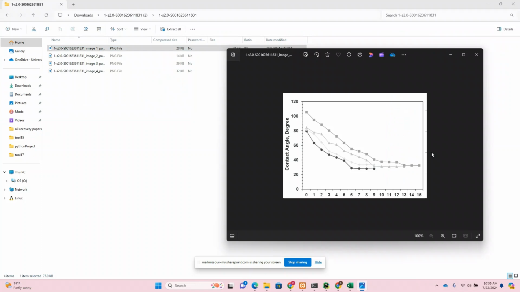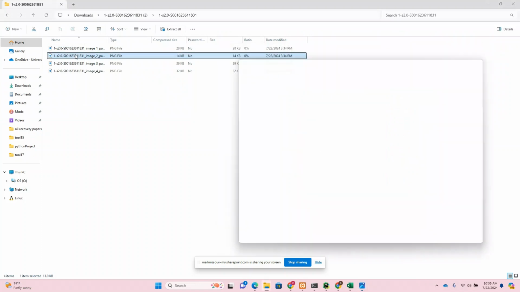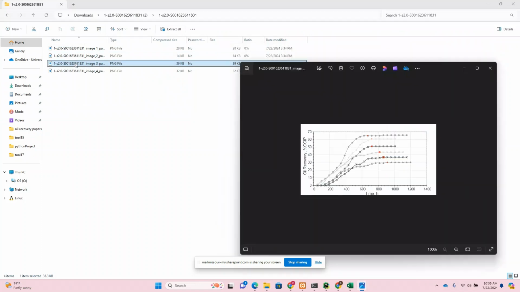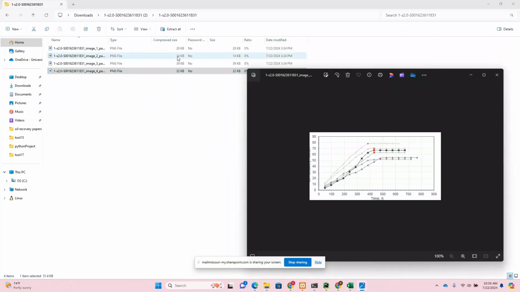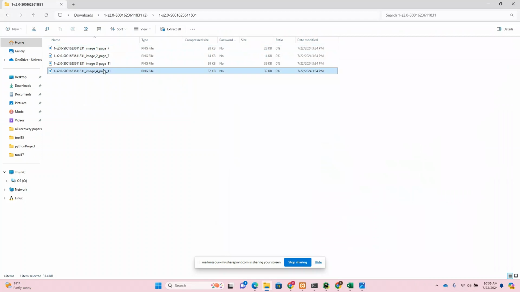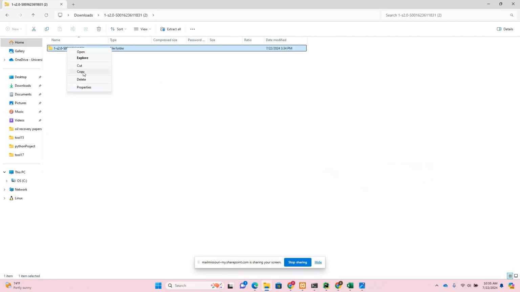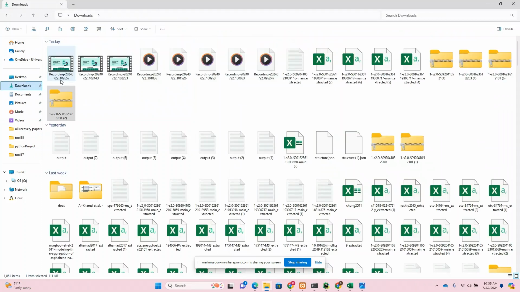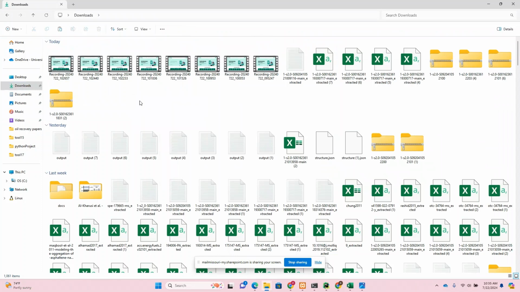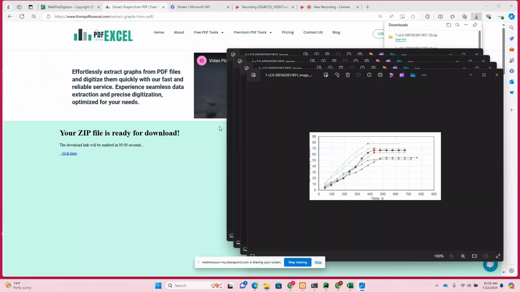So you can see this is one of it, this is second of it, this is third of it, and this is four of it. And the good thing is that all the files downloaded have the names of the file that you uploaded. So you can see image, and also it tells you from which page you extract the image. So in this case, now we have these four. I will copy this folder and bring it to the main one here. And now after doing this, I will go back